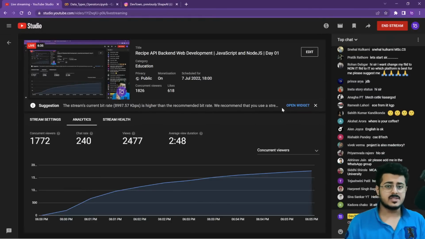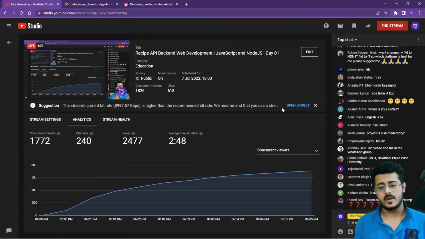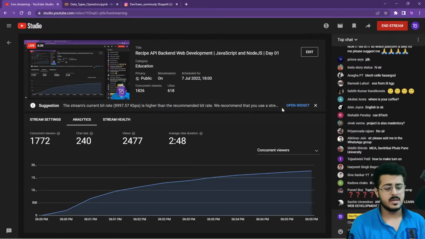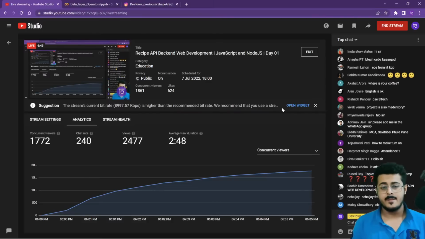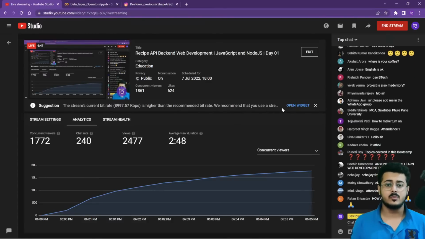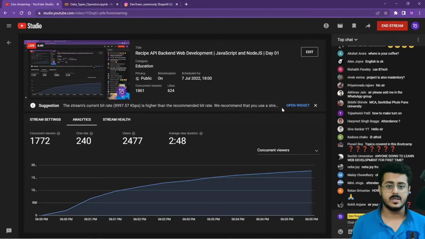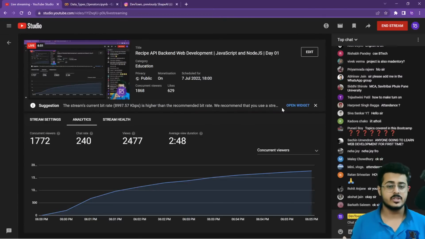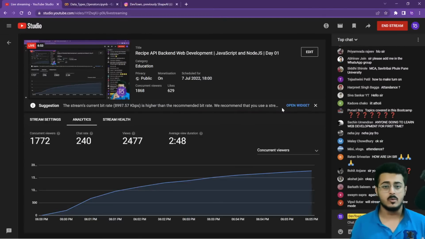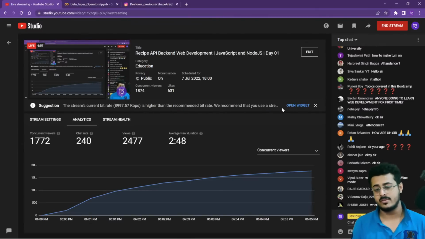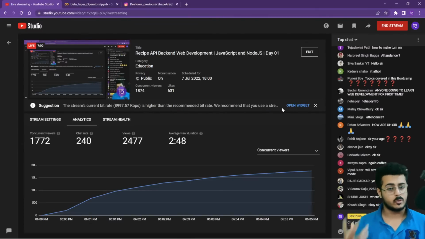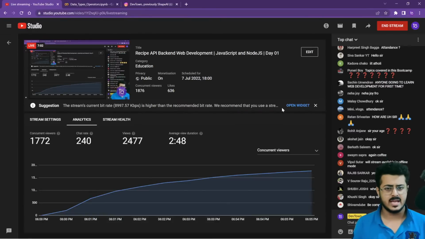Coming to the bootcamp itself, it will be 7 days long. We'll be starting off with JavaScript, then Node.js, a bit of Excel, Express, and then we'll be moving on to the project in the last few days. As you're able to see, every bootcamp that we start has no prerequisite. Everything will be taught from scratch, from the utmost basics, so that you are able to get a grasp of the technology itself. And we'll be ending it off with a project that you can then put up on your resume as well.